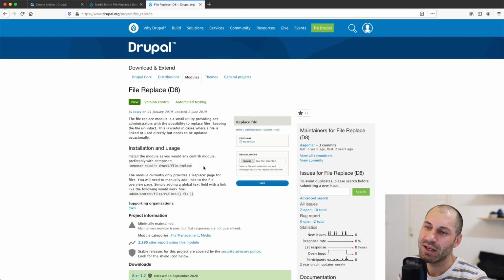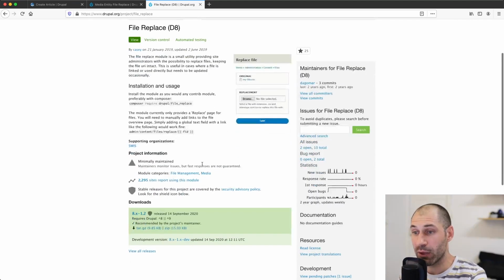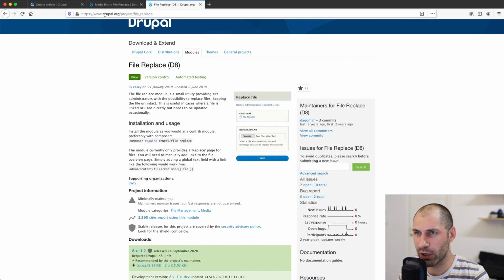But the thing with file replace is that the UI, the user experience for an editor isn't the best. It works okay, but I do prefer media entity file replace because for me, it just feels nicer. That's just my opinion. But this module is a worthy candidate if you are looking for a solution to replace files. So please check out this module, but it requires just a bit more configuration. So to learn about it, head over to